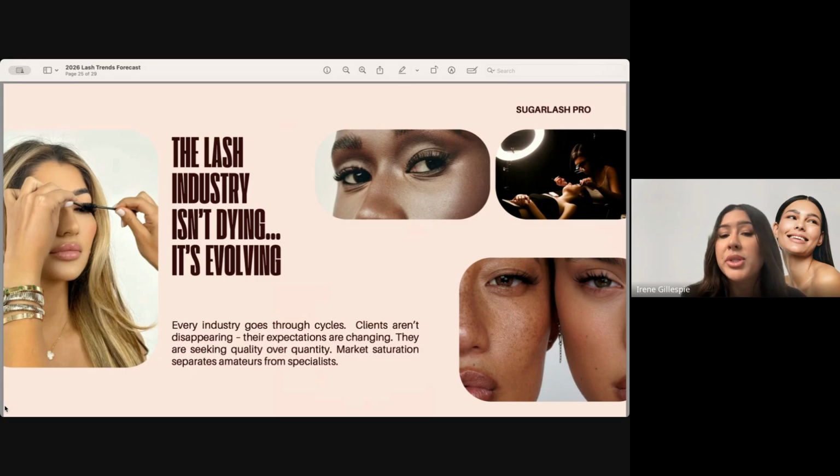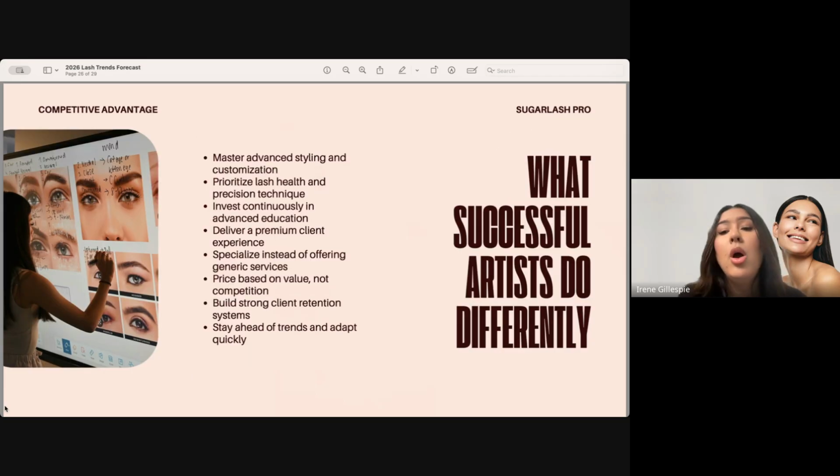Every industry goes through cycles. Clients aren't disappearing, their expectations are changing. They are seeking quality over quantity. Market saturation separates amateurs from specialists. What do successful artists do differently? They offer